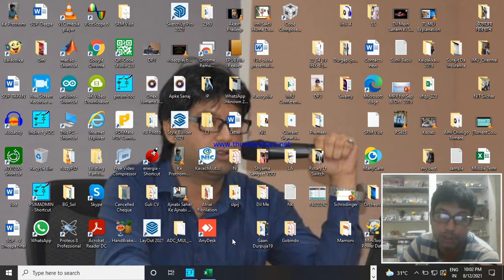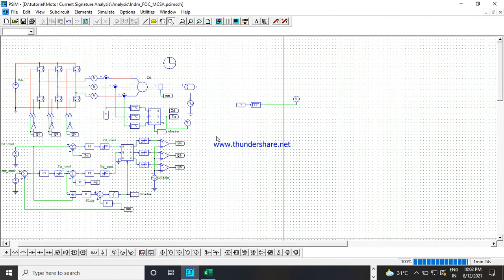Today, after capturing the time domain current data, we need to post process it to get a clear picture, because in an actual case there will be a lot of noise. That noise you have to filter, then post process it. So we will take another example.